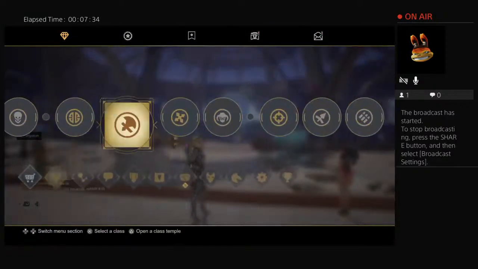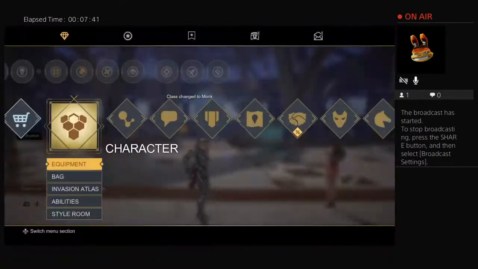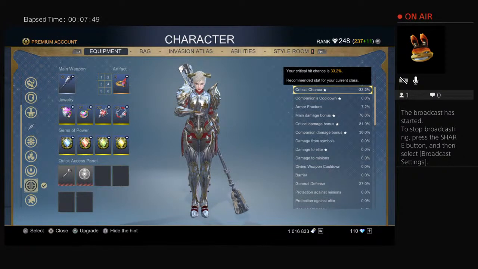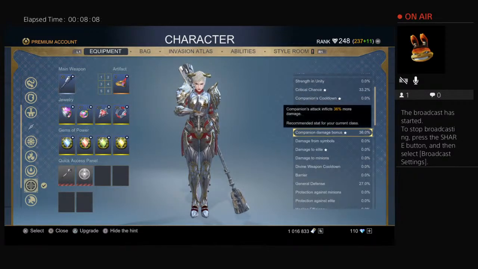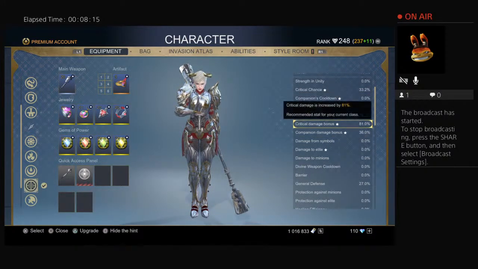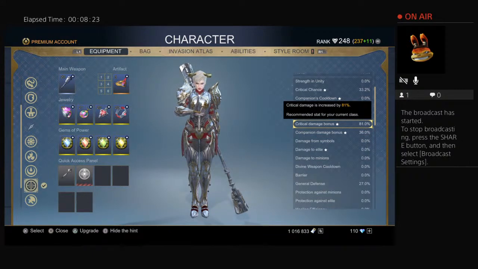Now for the ranged DPS stat priority, it's pretty much the same as melee damage, but like I said, critical chance, main damage bonus, critical damage bonus, and instead of armor fracture, well, if you're gonna play Firestarter, definitely go with armor fracture, but Cryomancer and some of the other range classes, you can either go with 7.2% armor fracture or get your companion damage bonus higher, which either route is good, because there is such a thing called a companion